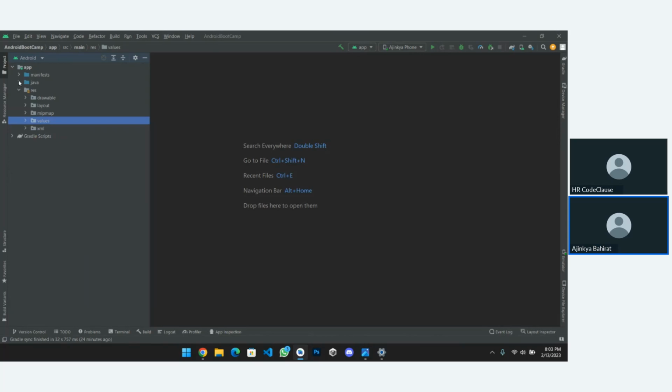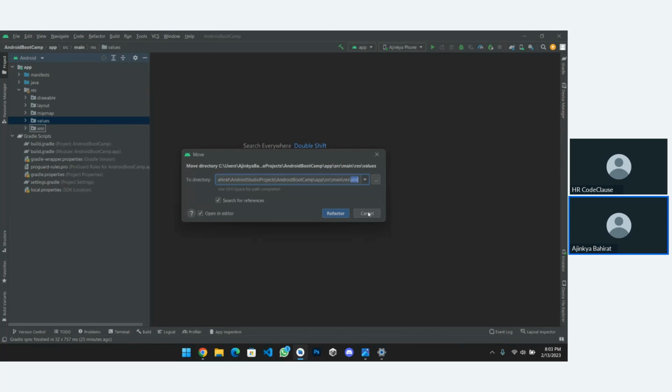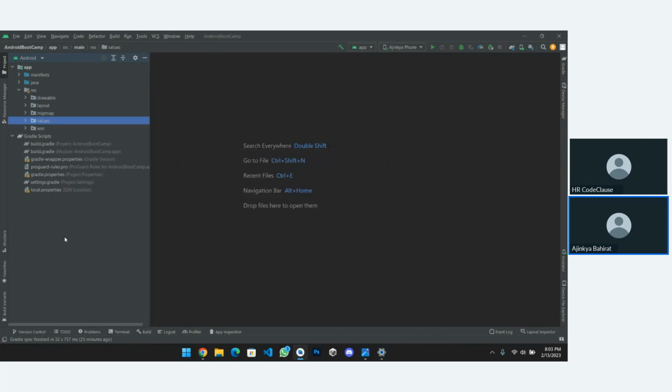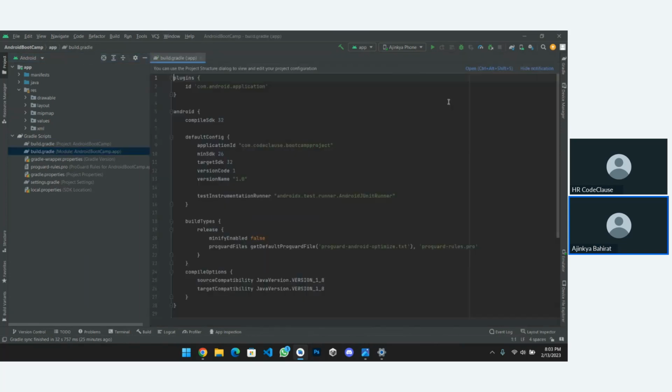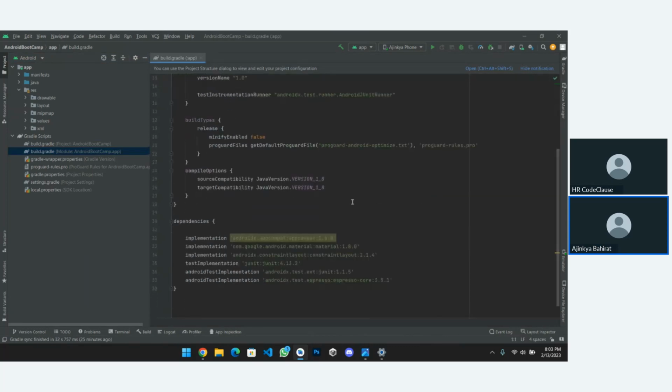Okay, so then there is another folder, that is Gradle Scripts. Oh, sorry. There are different files available inside Gradle. Out of which we are only having build.gradle project and build.gradle module. The module file is responsible for handling our application's data. Like I said previously, if we want to add a third party URL or third party material, we can just write over here.